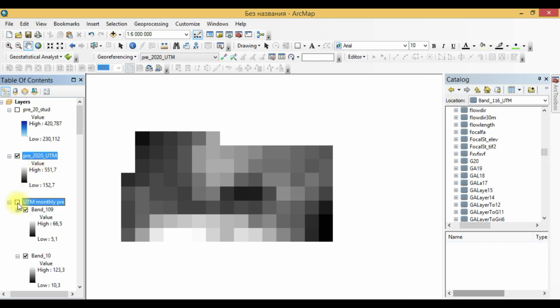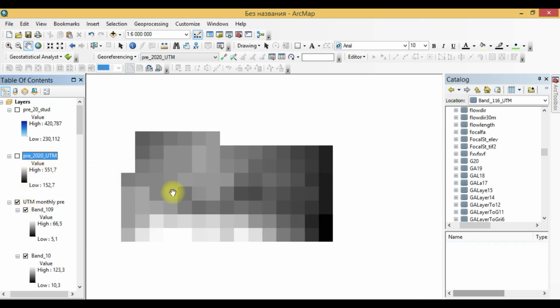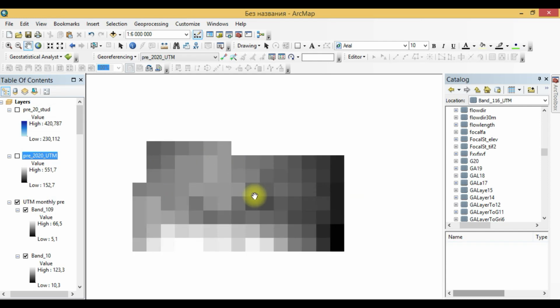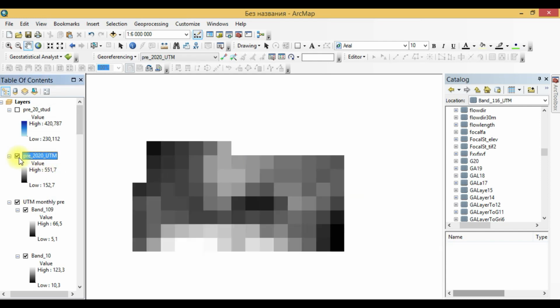We already reprojected our monthly precipitation to UTM format and added our annual precipitation for 2020 in UTM format, not the precipitation extracted for our study area, but the general precipitation for our study extent. We should now calculate our factor for each month and then sum it to the annual R factor using this